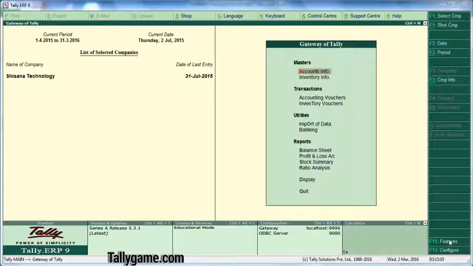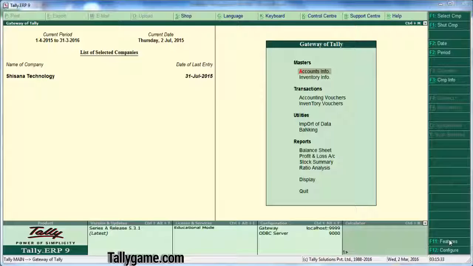Today we are going through bank reconciliation in Tally ERP9. Bank reconciliation gives you a clear idea about the difference between the bank statement and the bank ledger in the books of an organization. The bank balance and book balance of a company may not tally due to various reasons.